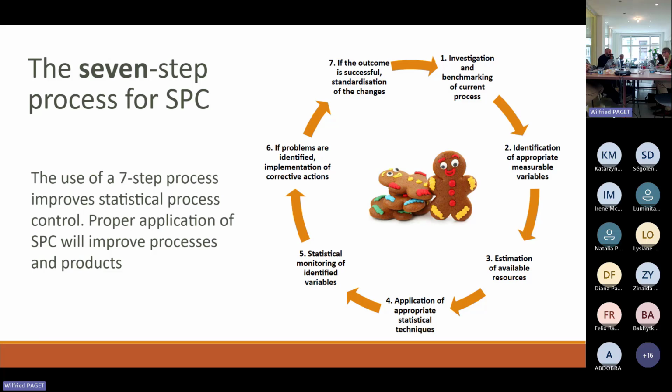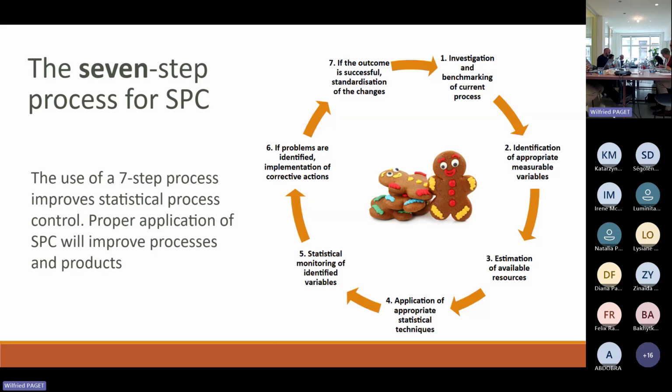We have the resources that we can apply the methods and then collect the data and apply the appropriate statistical techniques in order to check our process. So we have the data, we have the statistical tools, we can monitor and identify the variables that we defined in step 2. If you have problems in step 6, if you identify problems, we need to implement corrective actions. If not, we can go to the